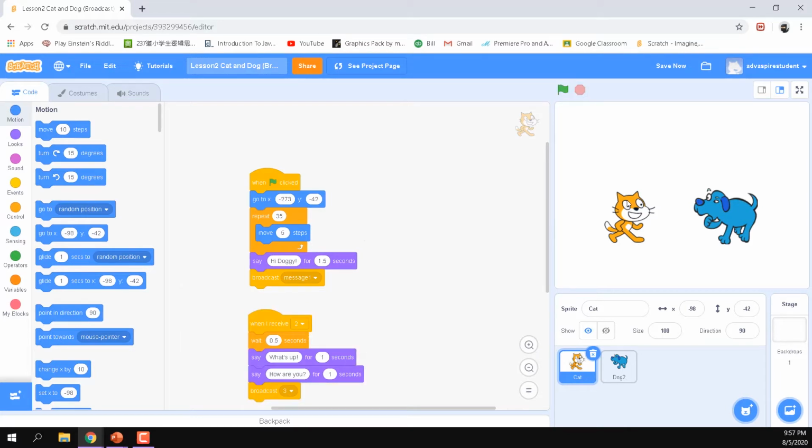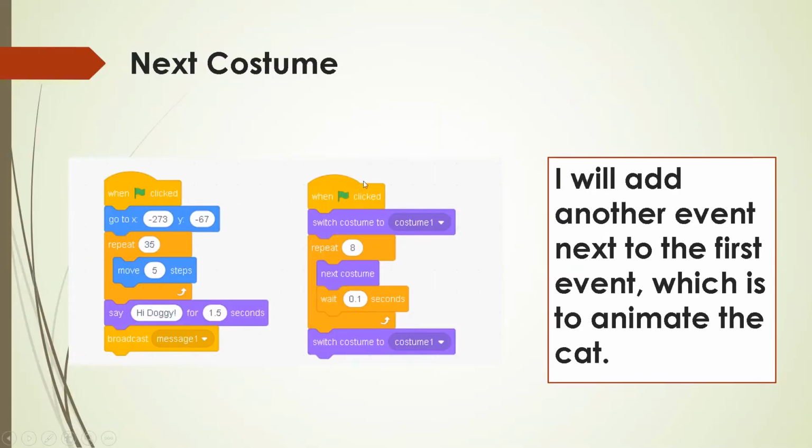Now the thing is, I want to make it look like the cat is really moving inside. Now it's like the cat is sliding into the scene. I don't want that. I want to make a motion for it. So now I want to introduce parallel motion, like parallel programming. We set these two together so they execute together, meaning that it will move at the same time. This is motion and this is the animation, and the legs will move at the same time.